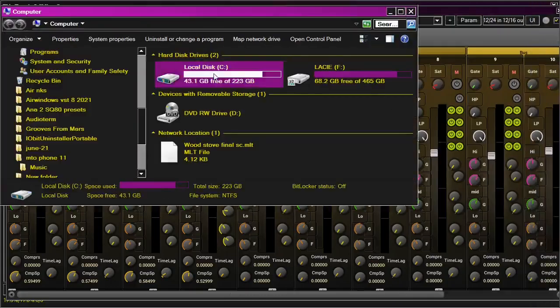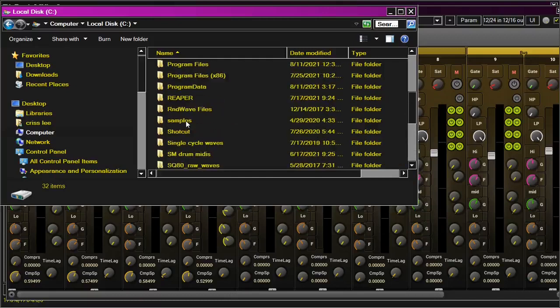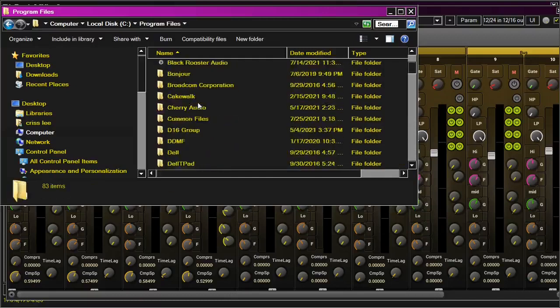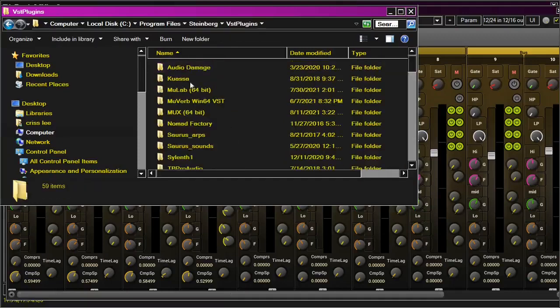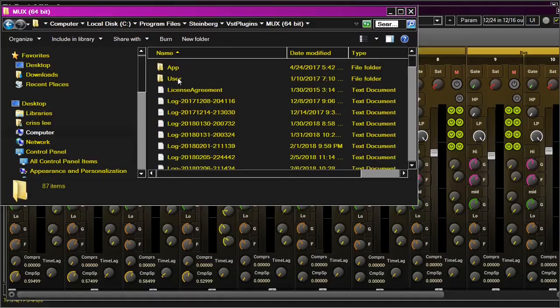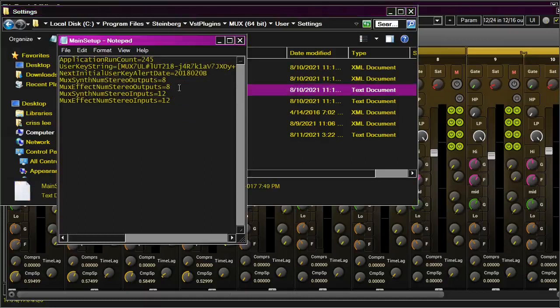In my case, that is in my program files under Steinberg, I believe. VST plugins, yeah, and you'll see Mux 64-bit here. Then you go to User, Settings, and this main setup file here is just a text document. And you can see these 4 lines of text right here, which are in the README file. When you download this preset, it has a README file, and they're in there, so you can just copy and